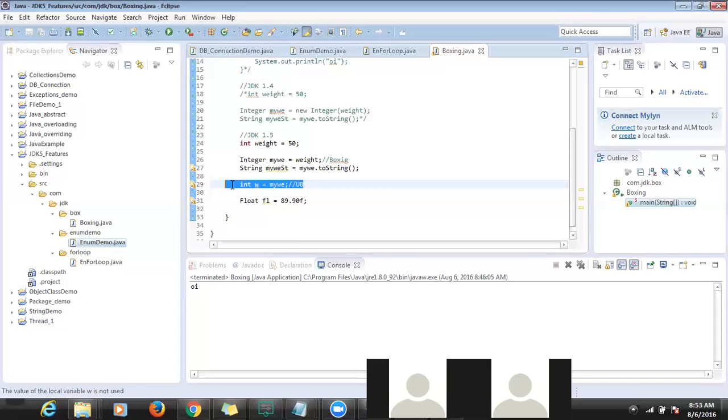So unboxing means you're converting a data type which has been converted into another data type. Wrapper class to primitive data type. First, to begin with, it has to be a primitive data type, and then they converted it into another primitive data type. So that's called unboxing, right? Yes. If you want to see that, let me change my compiler to 1.4